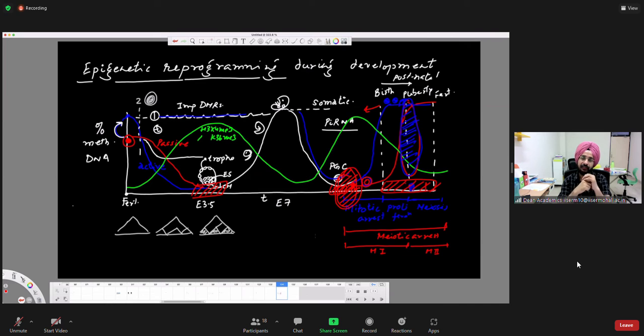There can be certain regions which are not properly paired. During homologous pairing, there are certain regions that by error are not properly paired, and they get methylated. And this methylation is not erased during this development. So we precisely do not know, but one thing seems to be very logical and clear: it has to be regions which are escaping this trajectory, which are escaping the demethylation.